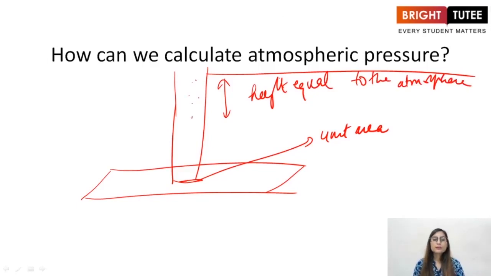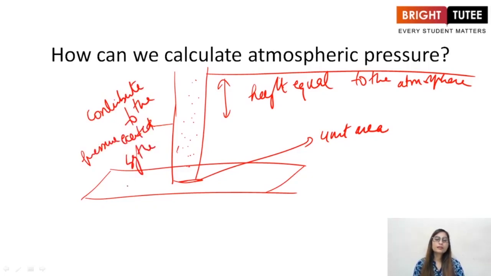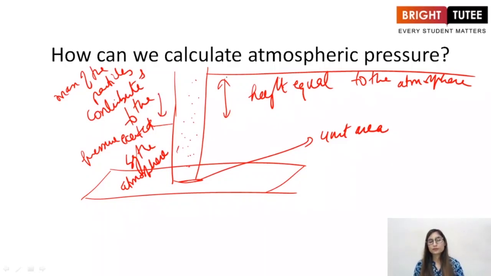So the particles present inside this tube contribute to the pressure exerted by the atmosphere. Basically the mass of the particles contributes to the pressure exerted by the atmosphere, and this pressure exerted basically is equal to the force of gravity